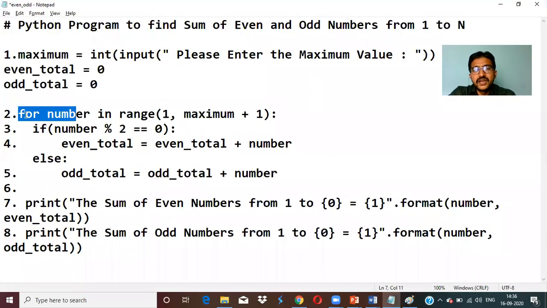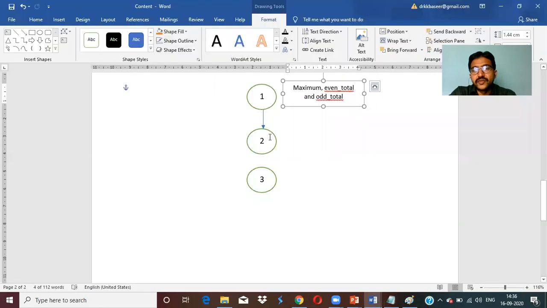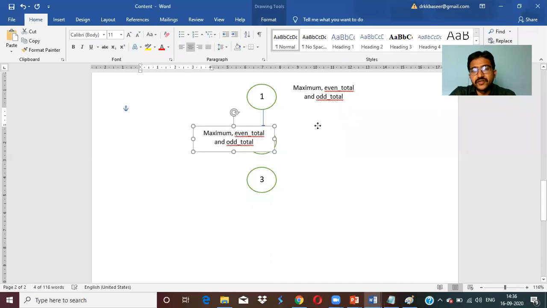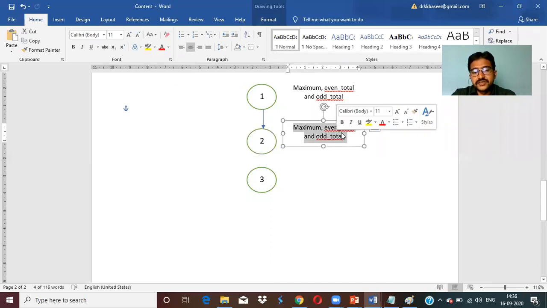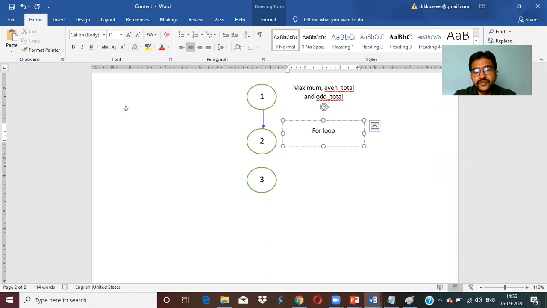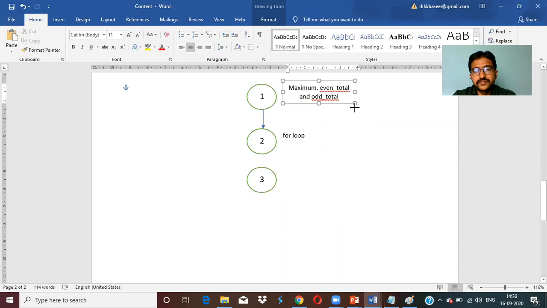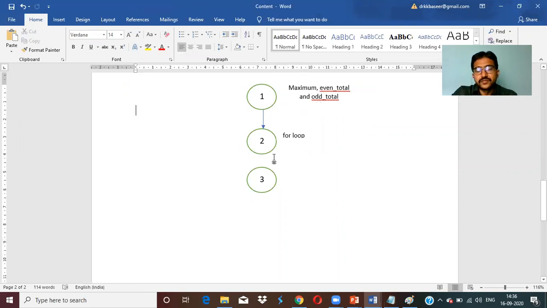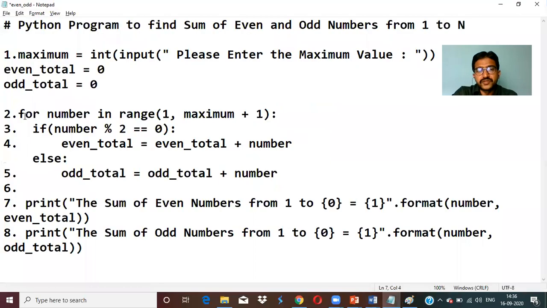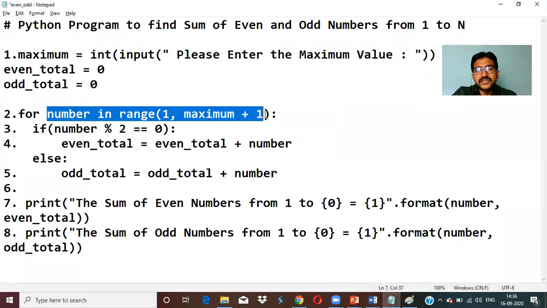After 1, where does it go? To the for loop, right? So the for loop goes here. Now if you want, you can copy this and paste, and you can write simply here, just simple for loop, for your understanding. You can reduce the size. Near to this, you can add it. Okay, for loop. Now, if the for loop condition, number in range of 1 comma max plus 1,